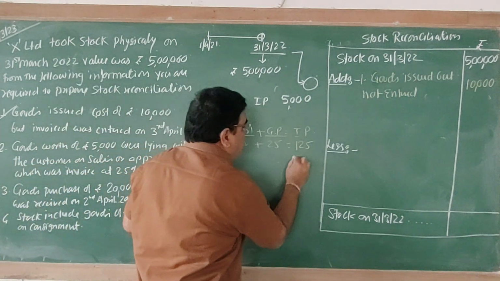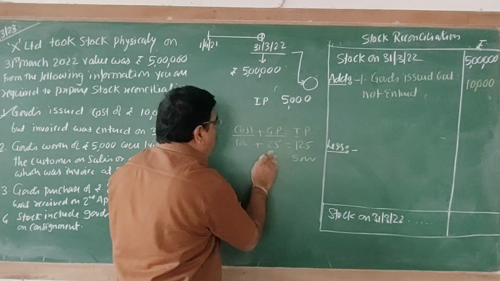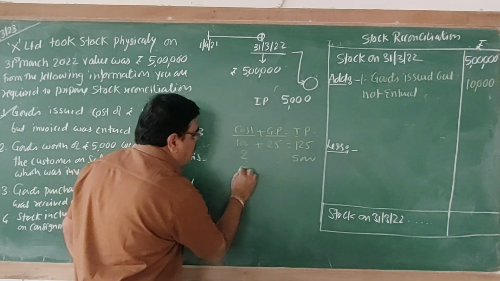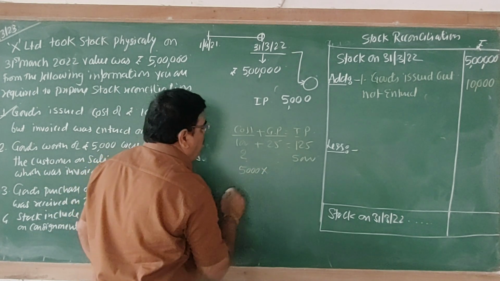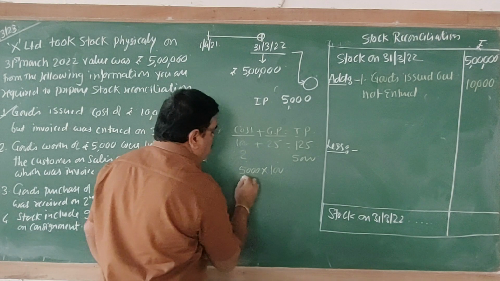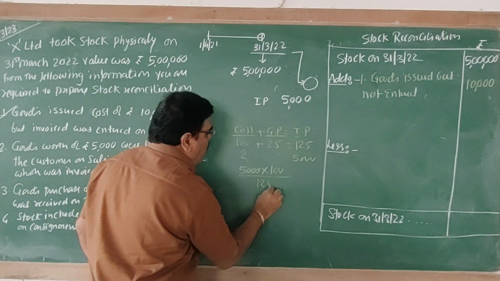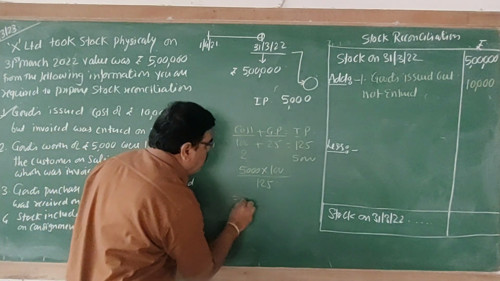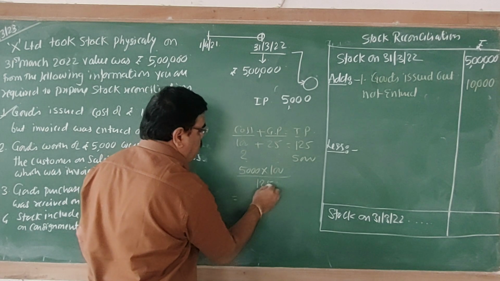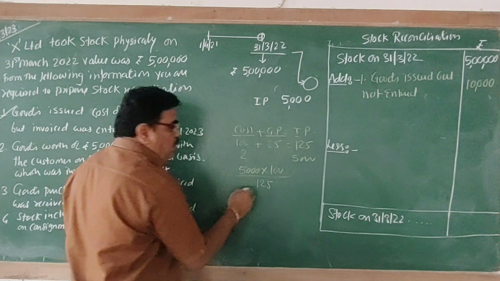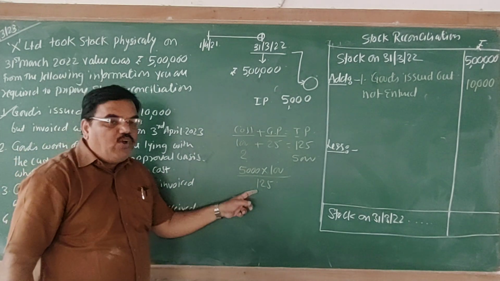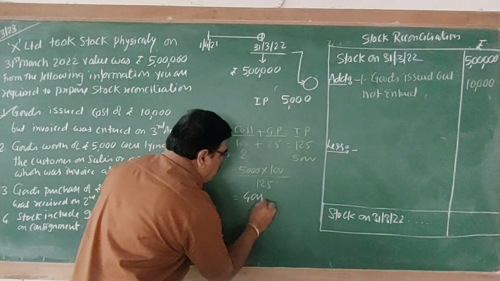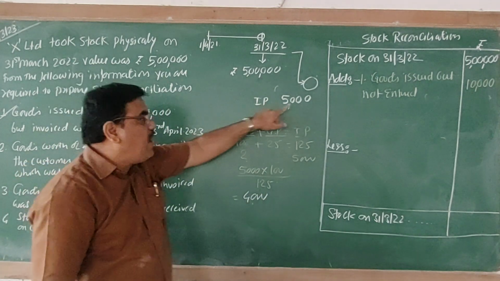If the invoice price is 5,000, then what will be your cost? Cross multiplication and division. आप कैसे निकाल सकते हैं कॉस्ट प्राइस, 5,000 मल्टीप्लाई बाय 100 डिवाइड बाय 125। ओके, कितना आता है बोलो, 5,000 multiplied by 100 divided by 125, 4,000. So cost of that goods is 4,000. अभी ये गुड्स कहाँ पे पड़े हुए हैं,